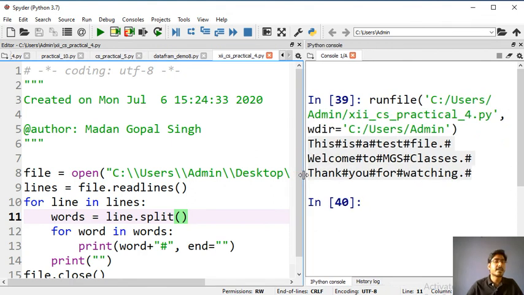And in the next class we will see some more practicals on file handling. Till then,